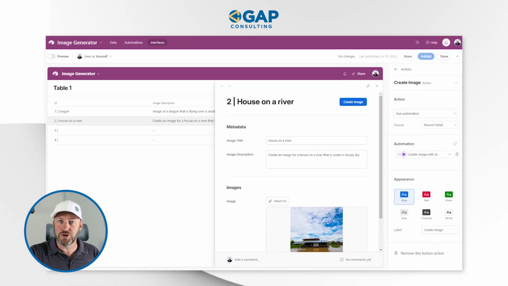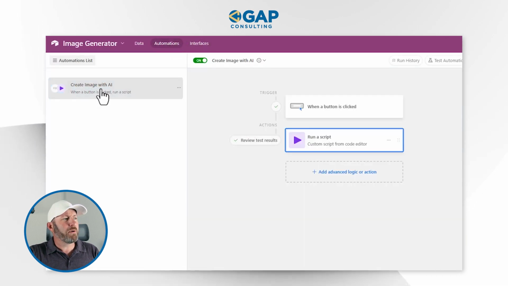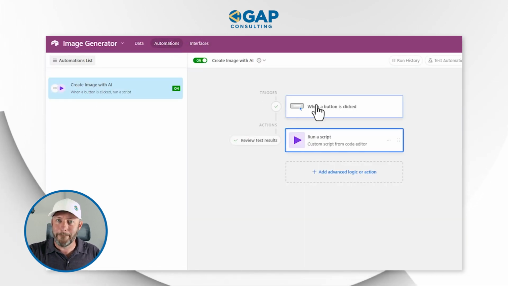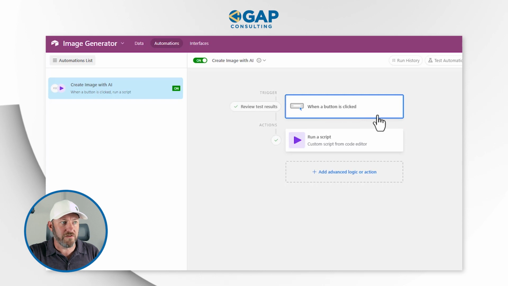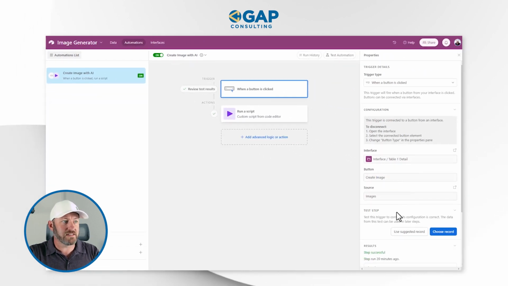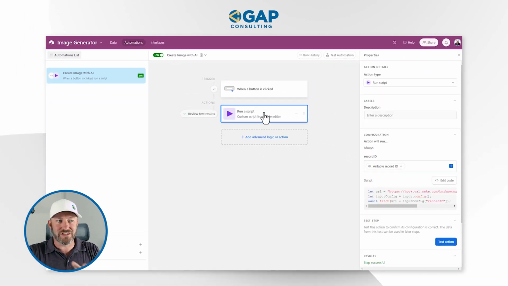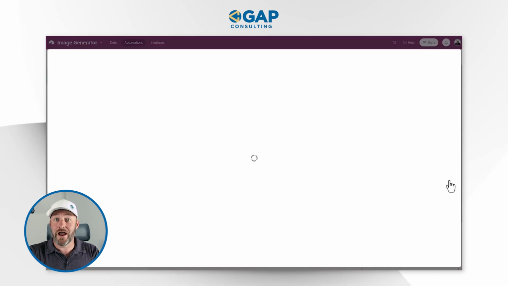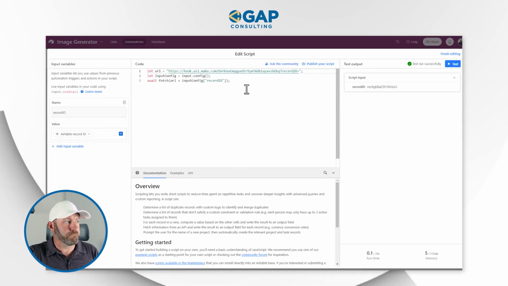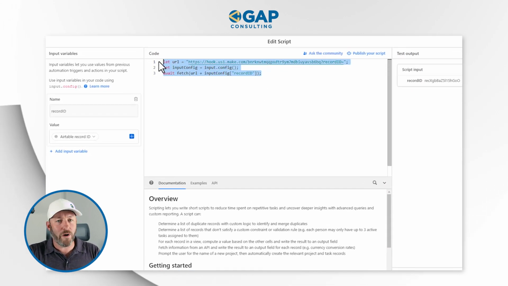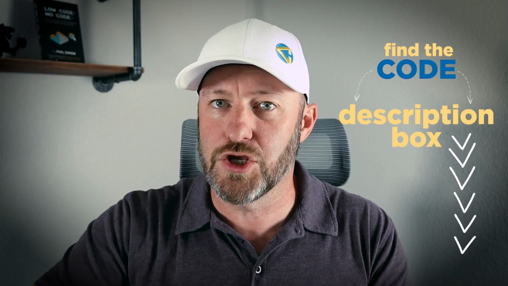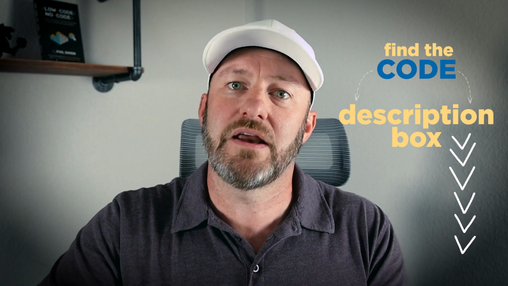Now we're going to head back into Airtable and we are going to go into our automations. Here we will build a simple automation that says when the button is clicked in our interface, and here's where we have all of that set up, we are going to run just a little snip of code. Let's go ahead and look at what that code is going to be. Now this code is quite simple. I am not a coder myself. This is something I copy and paste and use over and over again